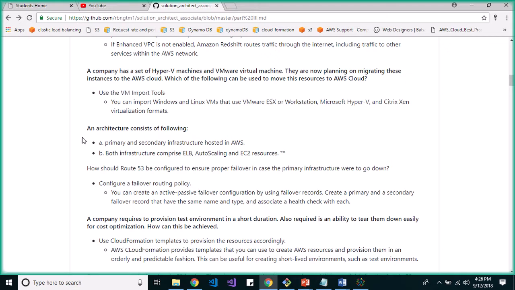So moving towards next question. An architecture consists of the following: a primary and secondary infrastructure hosted in AWS, and both infrastructures comprise an elastic load balancer, auto scaling and EC2 resources. How should Route 53 be configured to ensure proper failover in case the primary infrastructure goes down? So the scenario says that we have primary and secondary infrastructure in AWS. Both have elastic load balancer, auto scaling and EC2 resources. And how can you ensure the failover so that in case primary goes down, you have the secondary to cover, right? Then for this